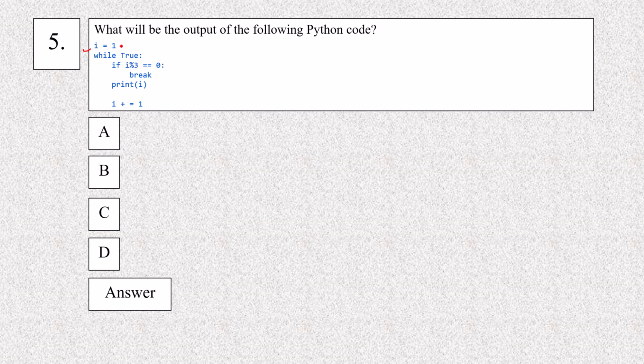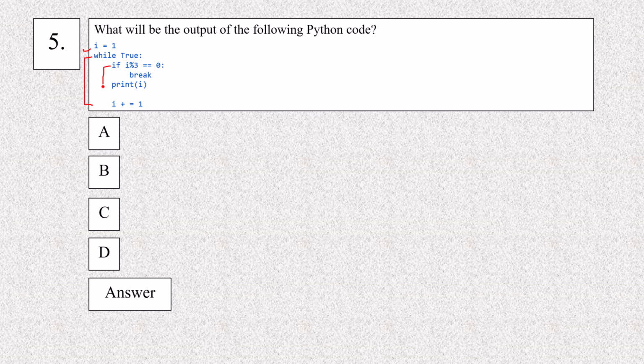Here you can see that the value of i is equal to 1, and we have a while loop, and inside the while loop we are passing True. That means for each and every case it will iterate. So this is an infinite while loop, but if there is a break statement inside the while loop, then it will go outside of this loop.